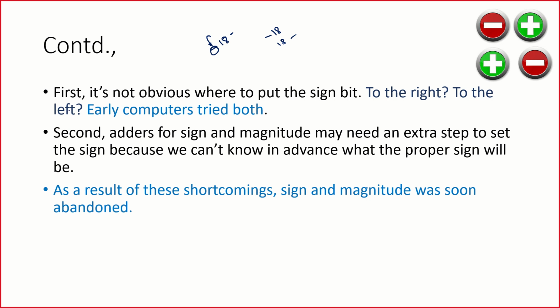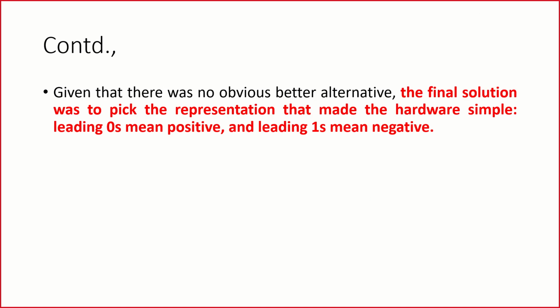And we also need to understand what the magnitude is. So we additionally need a step to understand how we use this sign and how we derive the magnitude. There were a lot of shortcomings in this approach of including the sign plus or minus, and representing the magnitude also very clearly. And then they soon went on abandoning this approach of including the negative and positive symbols with respect to the processor. So, what is the final solution?